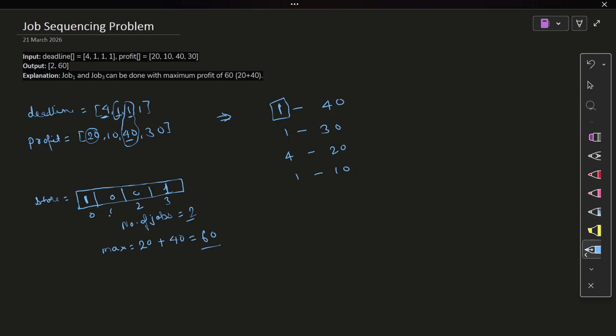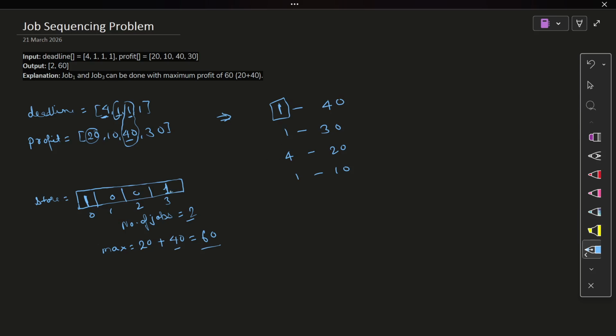I make one store array where we will store which job will be completed. The deadline of the first job is 1, so with one unit, I will start from index 1 minus 1, which is 0, and 0 is empty. Yes, so I have completed this job and I add the maximum profit 40. Another job has come with deadline 1, but that slot is filled, so we don't include this one.